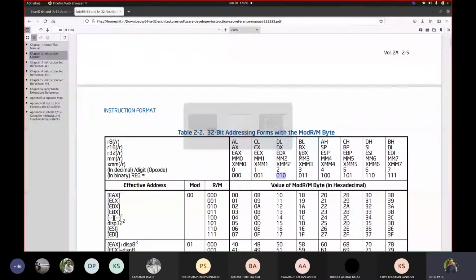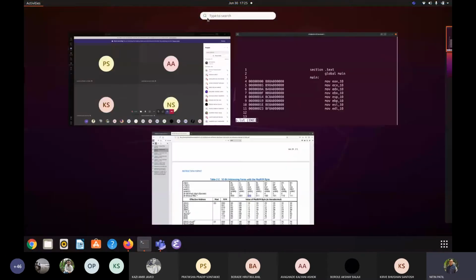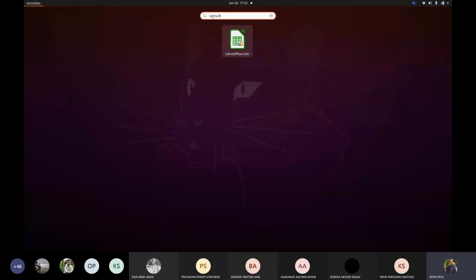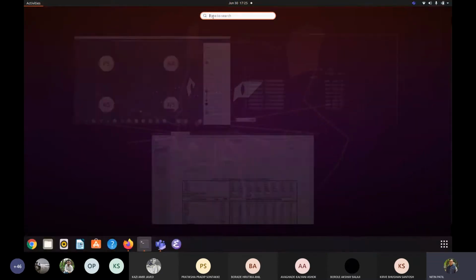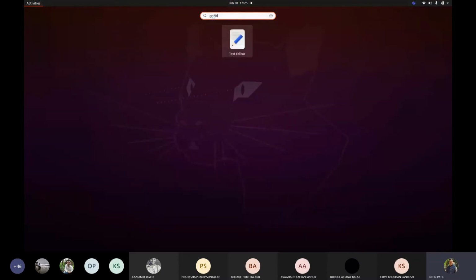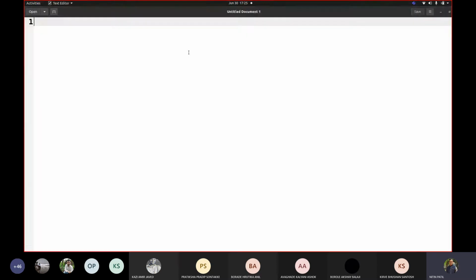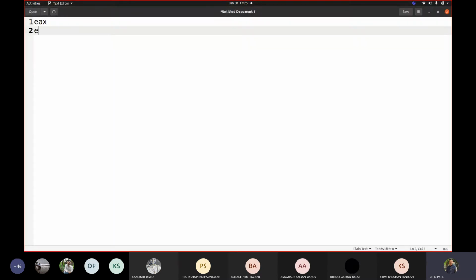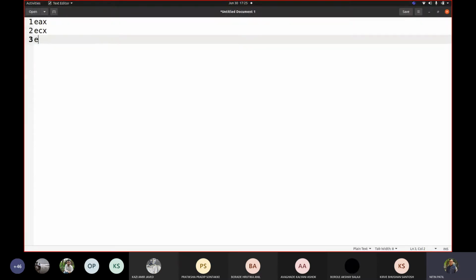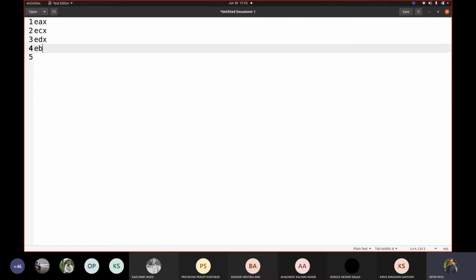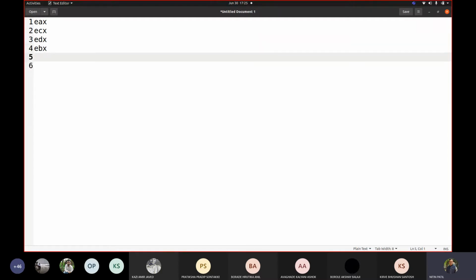So let us write their numbers. Let me pull out a spreadsheet because we will require that again. We can even take this gedit. Yeah, so we had EAX, ECX, EDX, EBX. Then we had ESP, EBP, ESI and EDI.